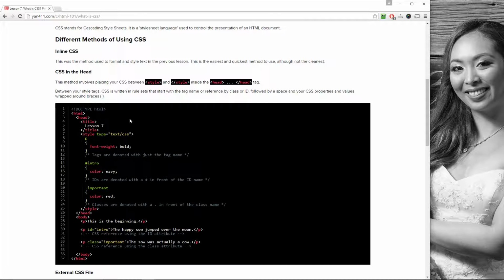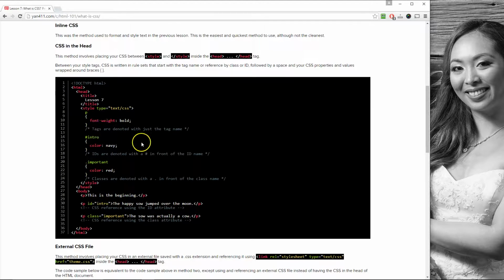Although with most modern web browsers, you don't have to do this. This is just to be semantically correct, but you don't have to have it. You can just have style wrapped in between the less than and greater than signs. And then what you would do is